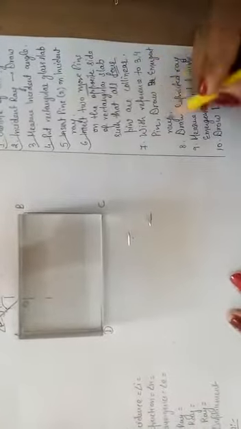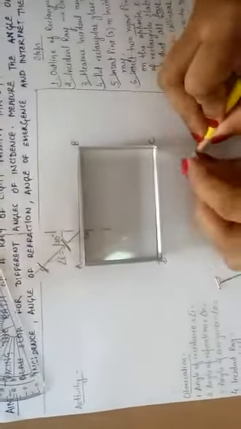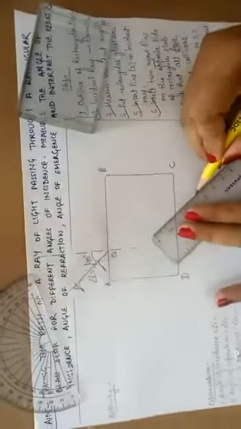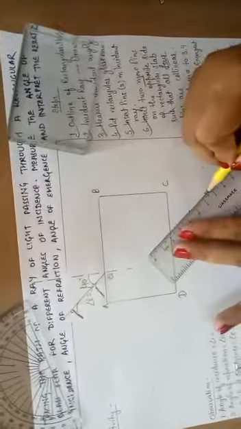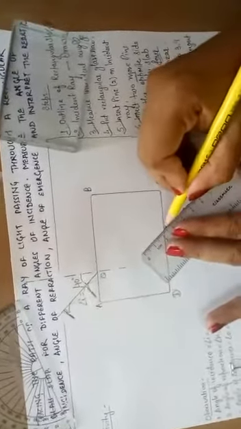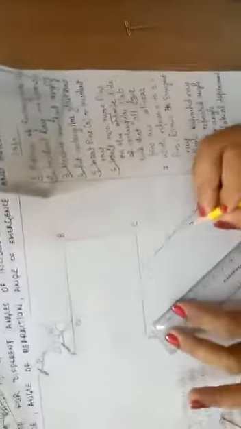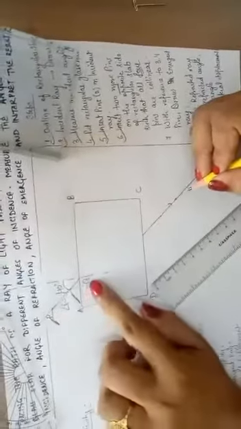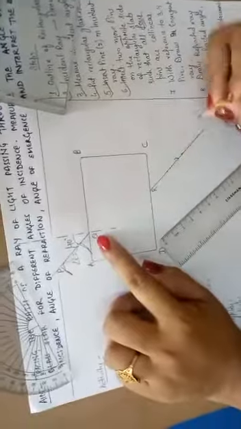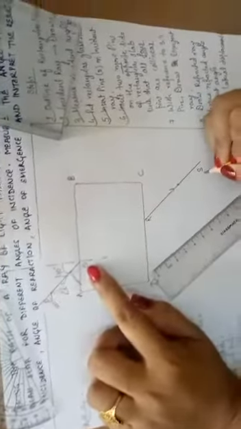So here, number 6th step we have completed. Number 7th, with reference to 3-4 pin, draw emergent ray. So here, this point and this point, right? Remove this. Okay, as you know from maths, two points are essential for drawing one ray, right? For drawing one line. So this one is our emergent ray. If P, Q, we are putting here name R and S. RS is our emergent ray.